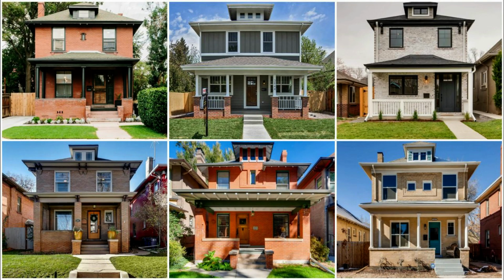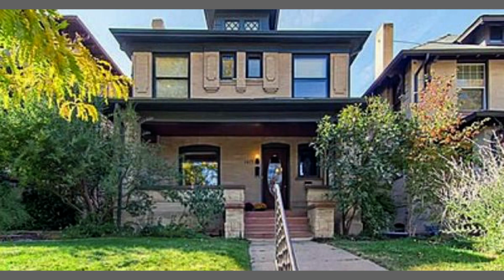Next up on the architectural journey here is what's called the Denver Square. Now, in our defense, it's locally called the Denver Square, but architecturally it's called the Four Square. Four square homes were really popular in the 20th century. They're usually 2 stories and have quite large porches that usually wrap all around the house,